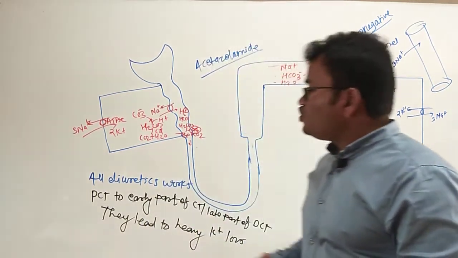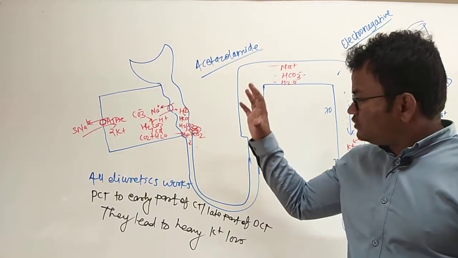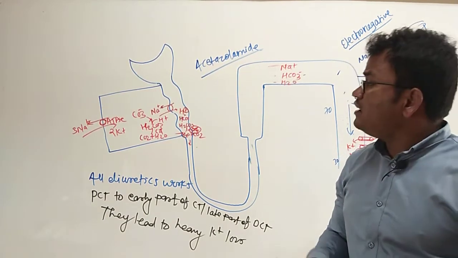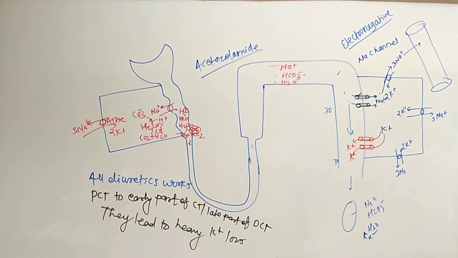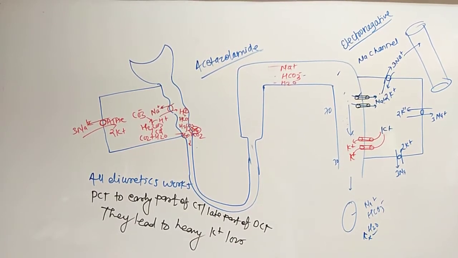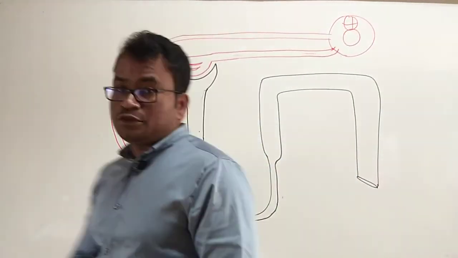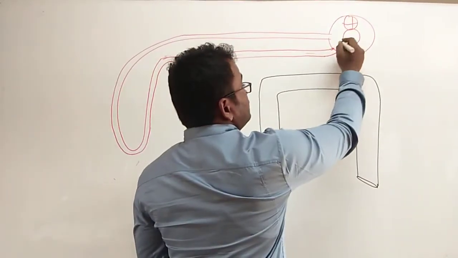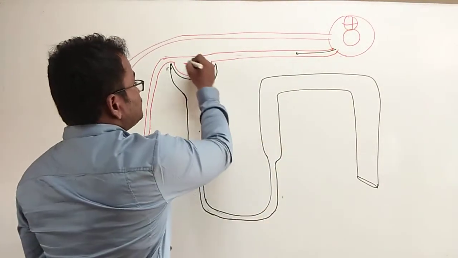Okay, so first note this down, then we will see the next point: the actual process in the thick limb of the ascending limb of the loop of Henle, and the permeability of the nephron. So let's see the structure of the nephron and its permeability. This is the heart, this is the circulatory system, this is the flow of blood towards the kidney, this is the renal blood flow, this is the glomerulus.